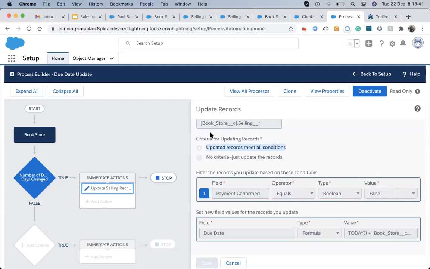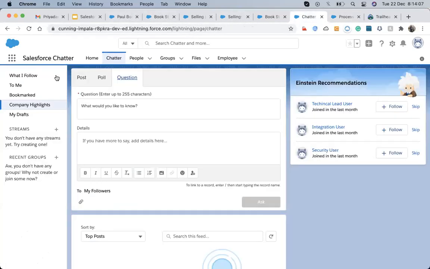Whenever a selling object is created, it will schedule an email which will be sent to that person as a reminder of the due date. Before sending an email, we need to consider two points: we must have an email template, and second, we must have an email alert. So let's first design those two.